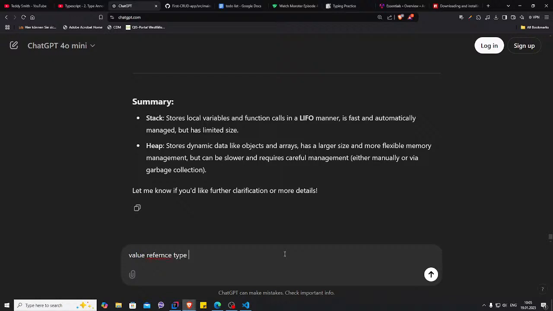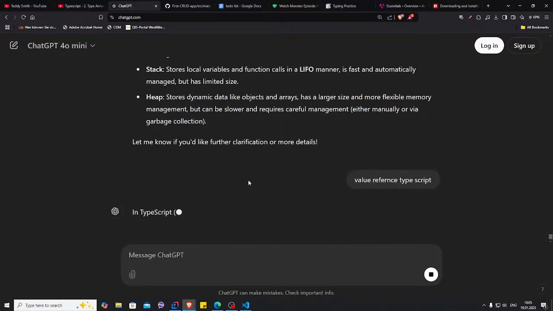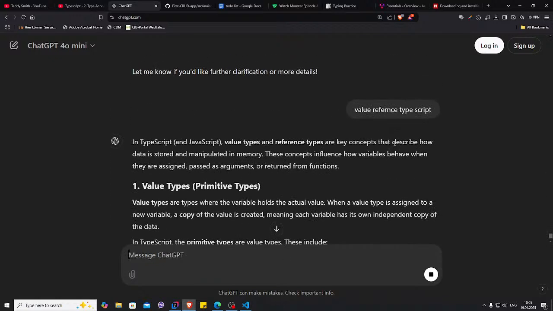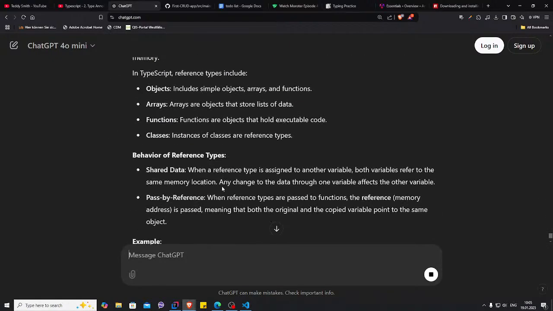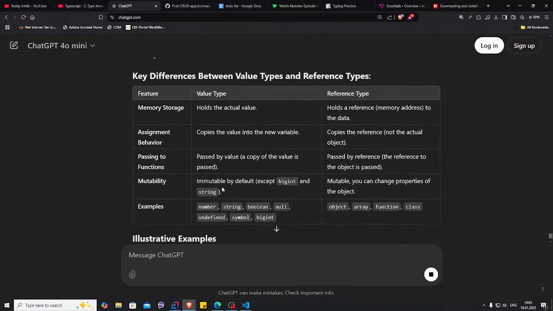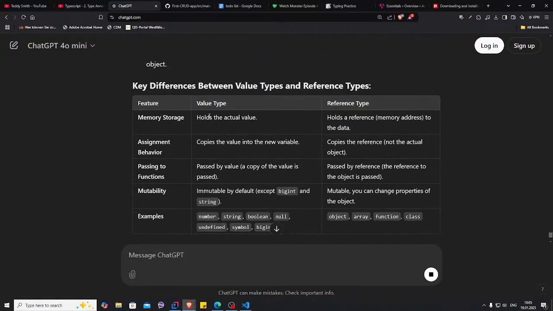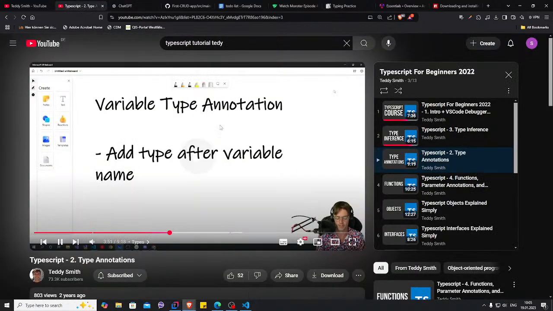Reference type. Value types and reference types are primitive. Have reference types. Memory storage holds the actual value, holds the reference. I know that part from Java. Yes. Assignment behavior copies the value into the new variable, copies the reference of the actual object. Passing function. Mutability, immutable by default, except big int and string. Mutable. Okay, that's too detailed for now. A variable